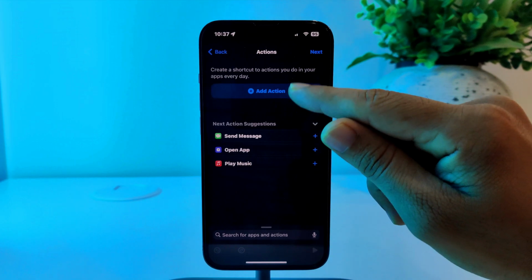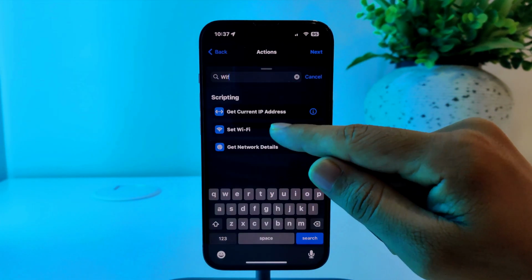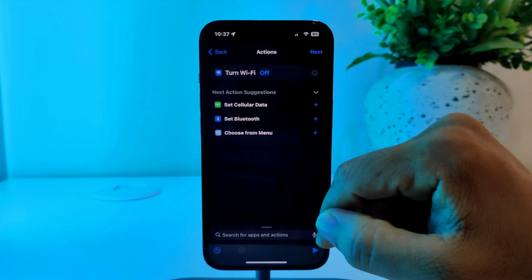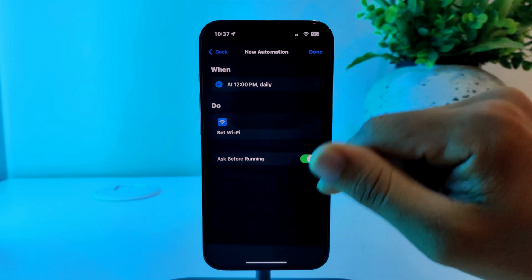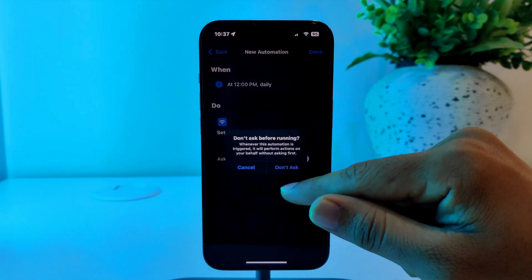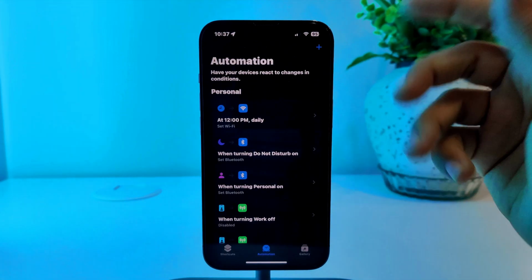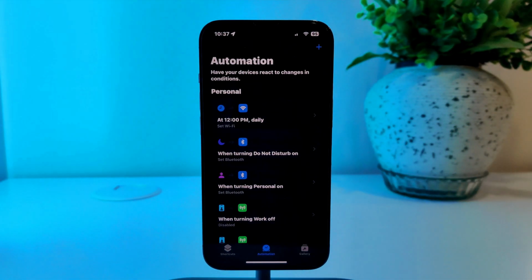Hit next action and I will search for Wi-Fi. Set Wi-Fi and I will select off. Hit next. Now here it will turn on this ask before running toggle, so it's not gonna run until you say yes, but that kills the purpose of automating. So you can just turn this option off so it can run on its own. Hit done and you have your automation ready. So in shortcut you hit an icon to run your shortcut, but in automation everything happens by itself, just like